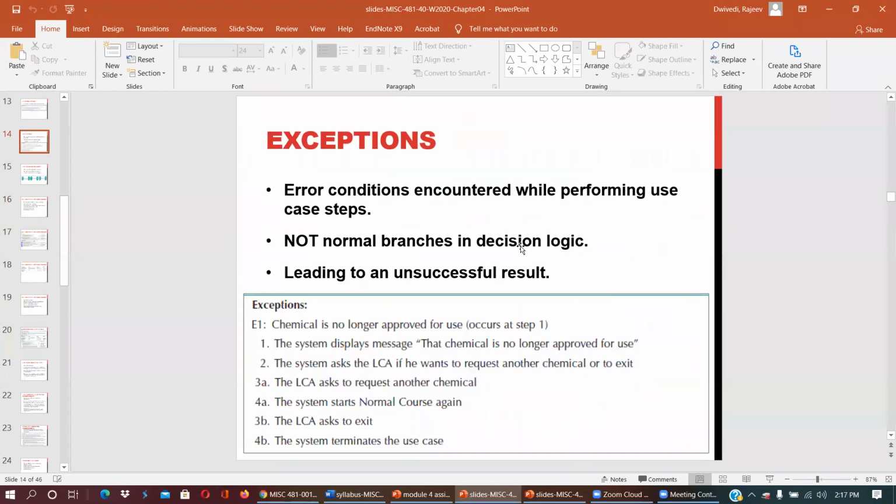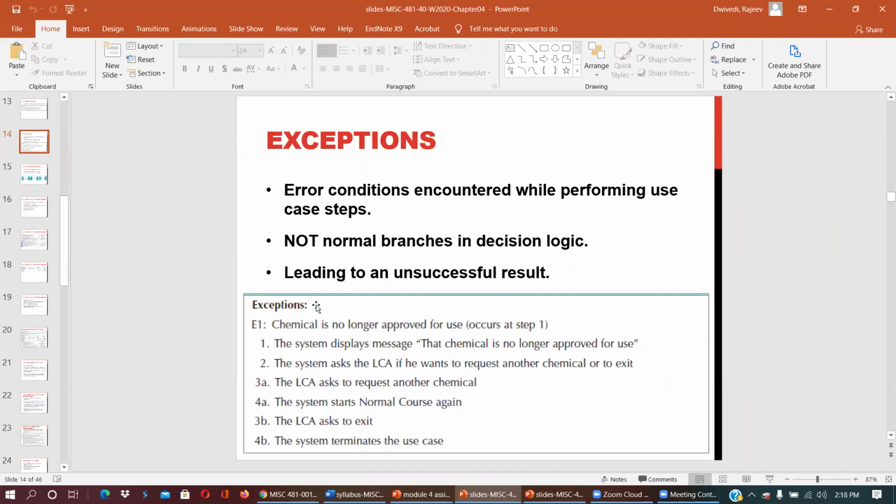Then post conditions, and after post conditions, exceptions. These are the error conditions encountered while performing the use case steps. This is also another part of this, and these are not normal branches in decision logic. Sometimes the system doesn't perform and doesn't take the instruction. So these are the possible errors that could result in an unsuccessful result.